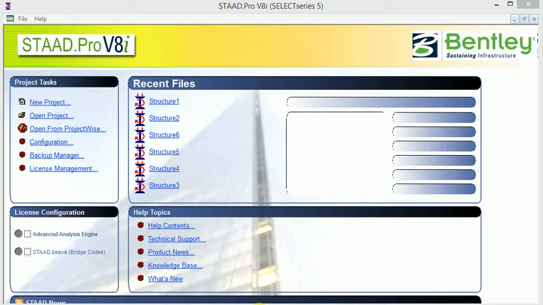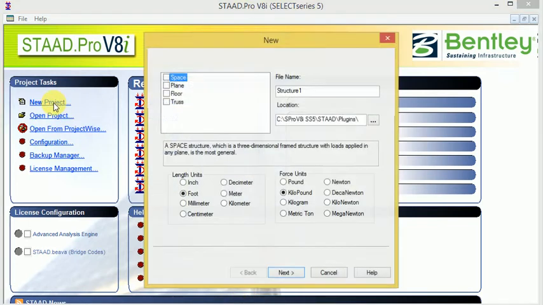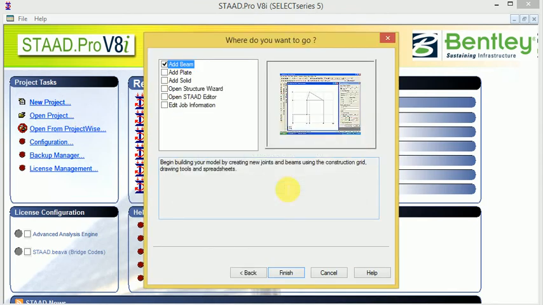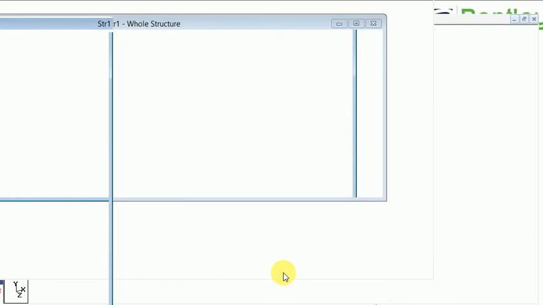Now today I will discuss the circular pattern. Actually, there are two different types of patterns here: linear pattern and circular pattern. So today I will discuss the circular pattern. When you go to a new project, apply the space and OK, then add a beam and also finish here.